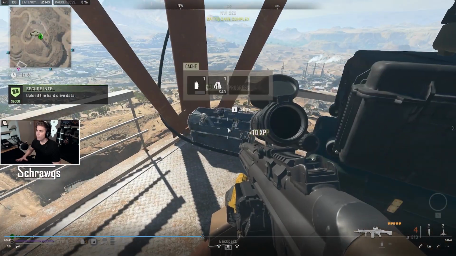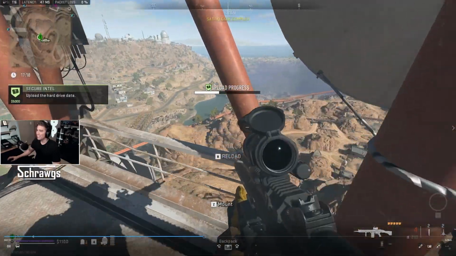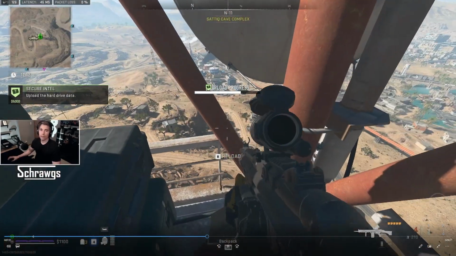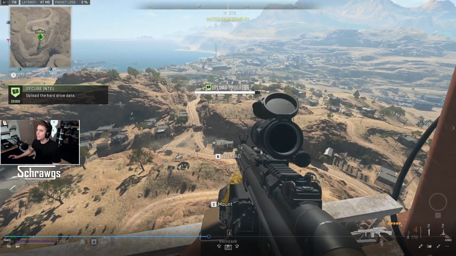So I didn't really have any issues with any enemies coming. You're all the way up at the top of this thing, so they can't really get you anyways. So you just sort of hang around here for a second, and then once the progress bar completes, you'll get your reward of $5,000. The other interesting thing that this one seems to do is it gives you some extra